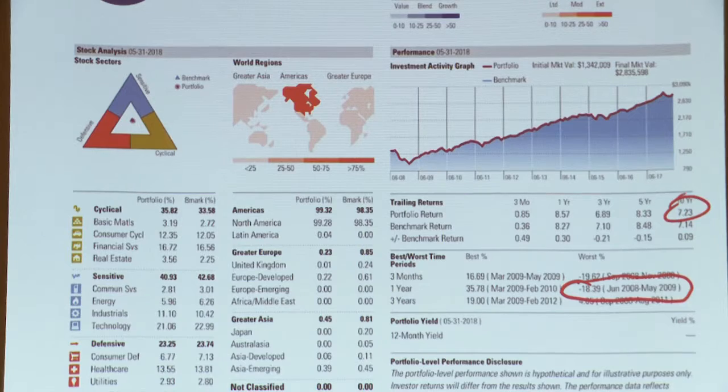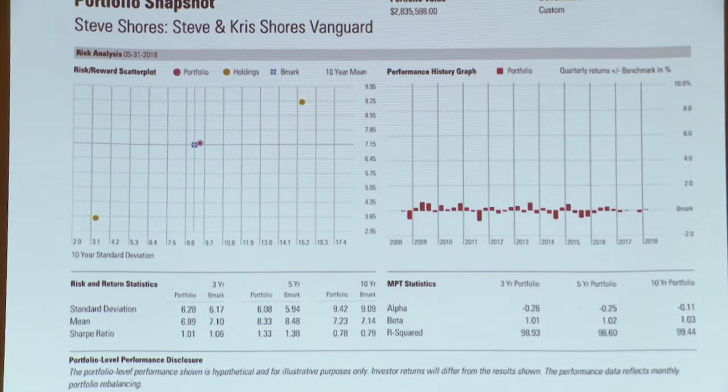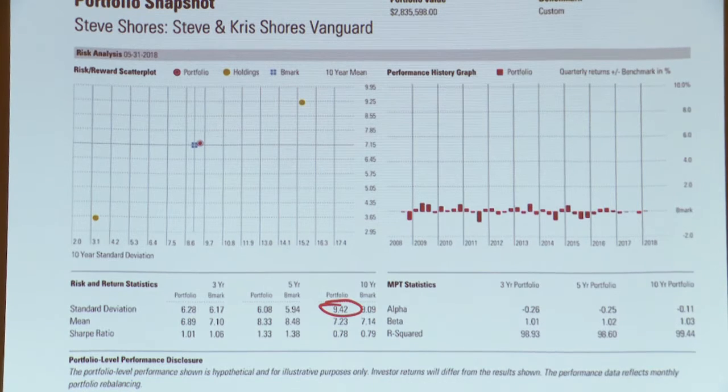What was the loss potential of your current portfolio? 31%. Does that make sense to pay an advisor fees to put you in a portfolio that has the same average annual return but a higher drawdown? Does that make sense to you? Interestingly enough, this portfolio's got a lower standard deviation. So I'm getting the same return, lower risk,